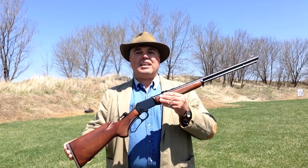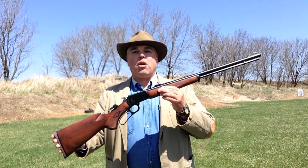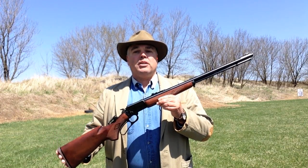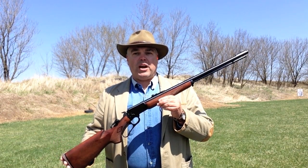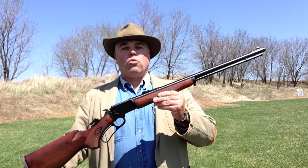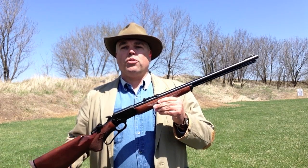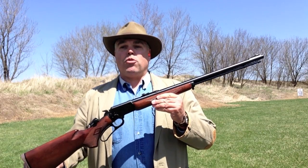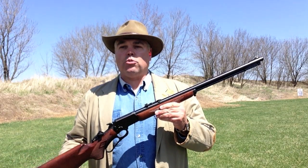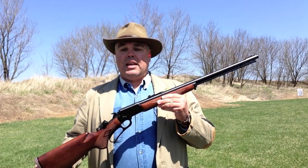And among the things that just scream America is the classic lever action rifle, which is what I have with me today. This is the Marlin 39A Golden Rifle, chambered for the timeless .22 rimfire cartridge. In today's firearms universe, where everything seems to be gravitating toward the tactical, rifles like the Marlin 39A probably seem a little passé, but the truth is they are every bit as good at performing any task you can reasonably ask of a .22 rimfire today as they were way back when they were first designed in the early